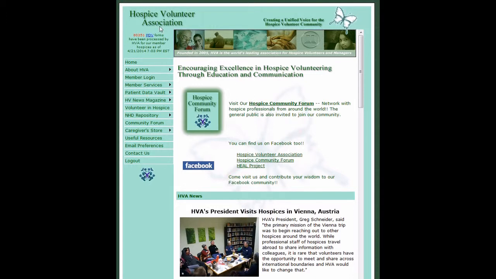So I'm assuming you're already at the Hospice Volunteer Association website. And you'll go to the menu on the left-hand side, select Patient Data Vault, and this menu will pop out to the right. And I'm assuming that I'm a volunteer when I log in, so I would select volunteers and staff. If you're the volunteer coordinator, you would select volunteer coordinator. So let's go in as a volunteer